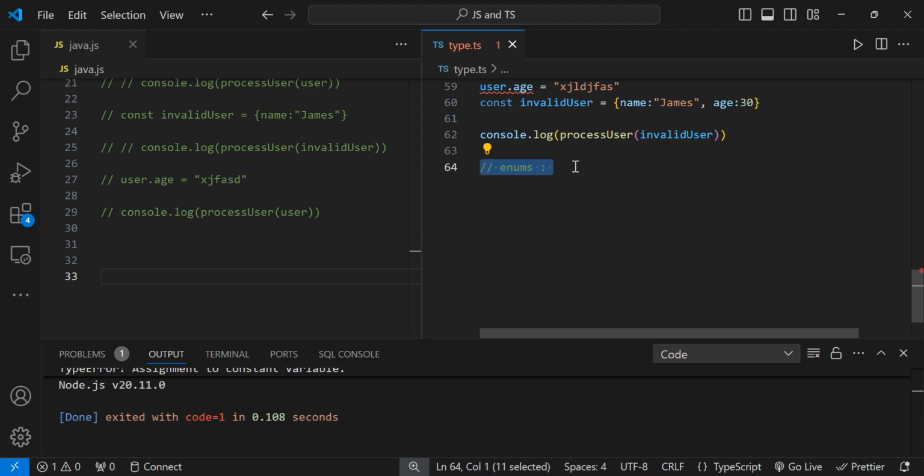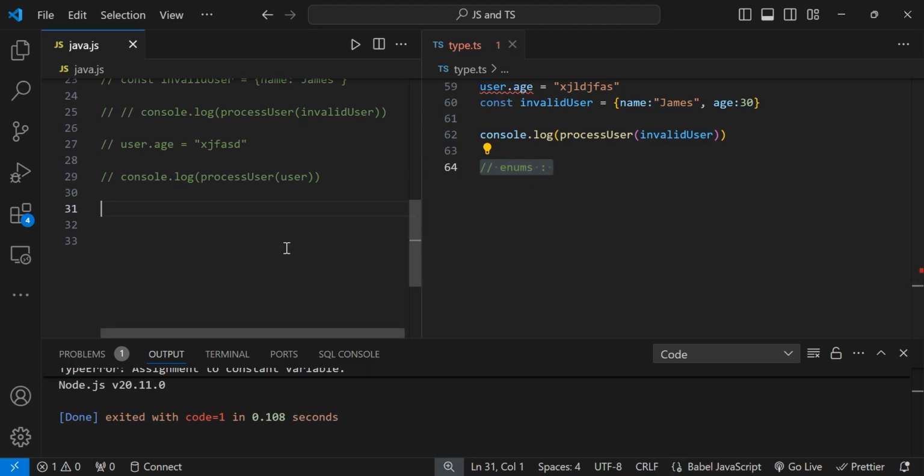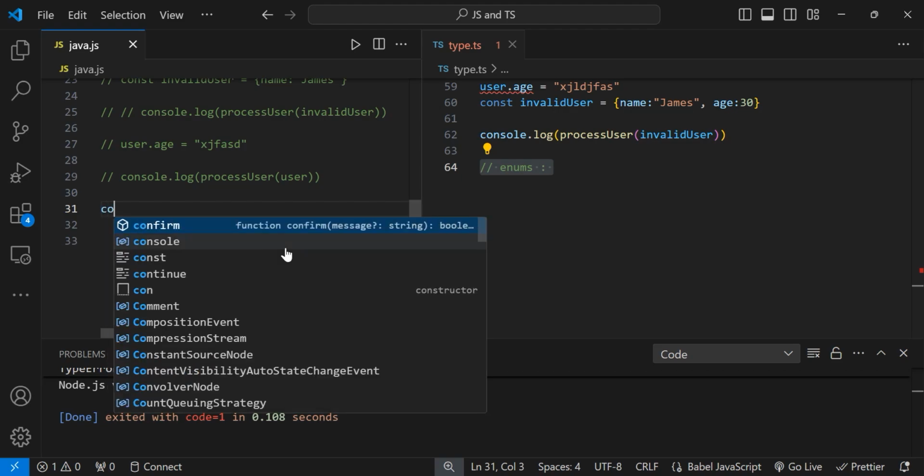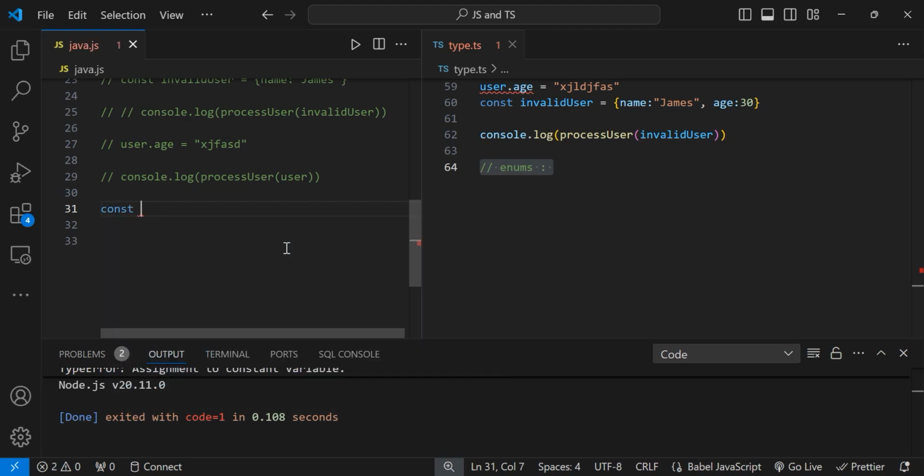And if you want to know what enums are, then you must know what a constant is. So let's come to this JavaScript file and understand what a constant is. And if you are a JavaScript developer, then you already know about constants, but if you are not, don't worry. So a constant variable has a value, and that value cannot be modified again, or you cannot reassign a new value to that constant. And to create a constant in JavaScript, you need to specify the keyword const and then the name